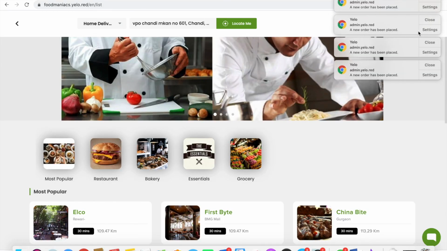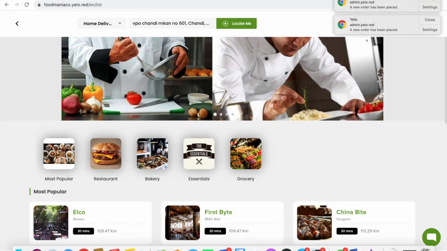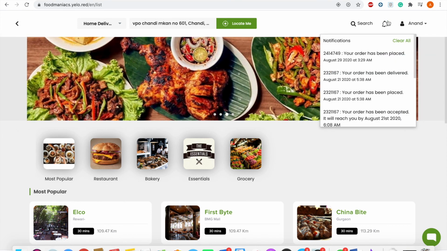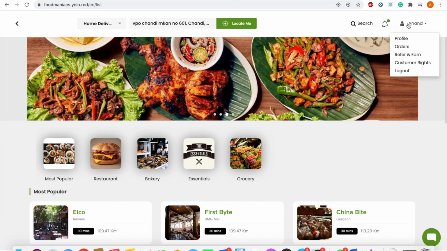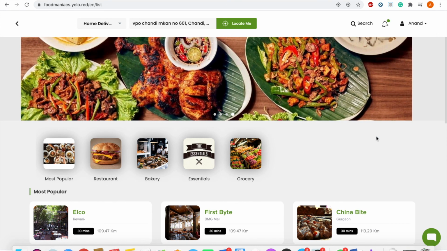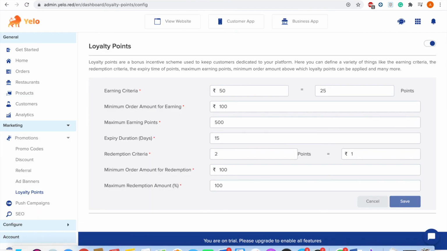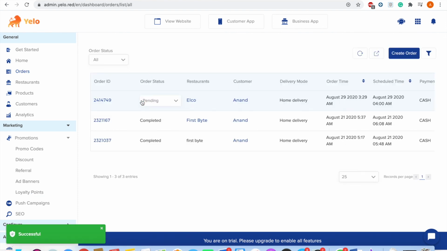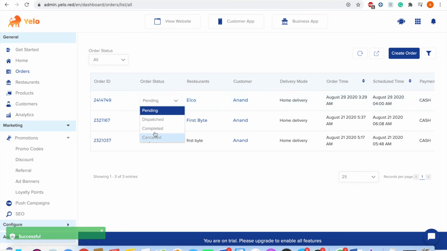Here you can see that order has been placed, and now that order has been placed, go to the order section, accept the order, mark it completed.